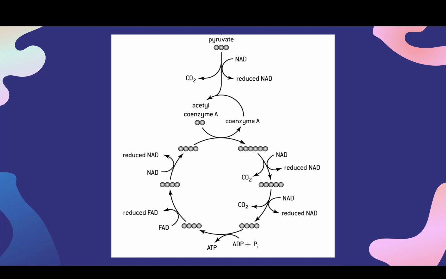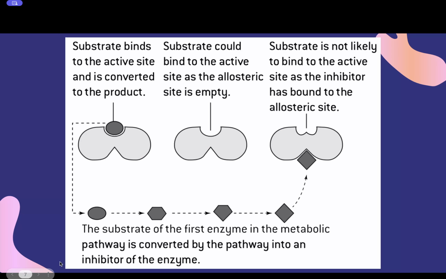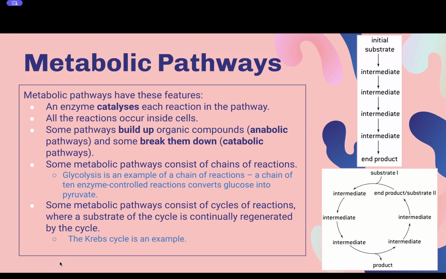Is the Krebs cycle in a form of a loop? Yes. If you remember when I talked about metabolic pathways, there are cyclic metabolic pathways and there are chains of reactions. The Krebs cycle is cyclic, or it's cycles of reactions, but in the link reaction and in glycolysis, they're both